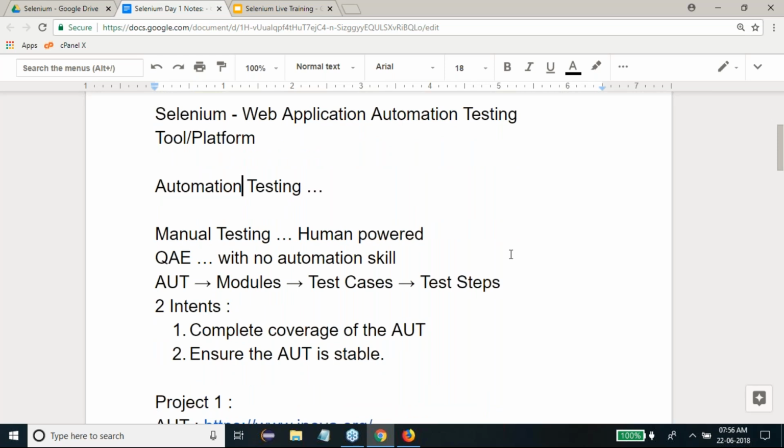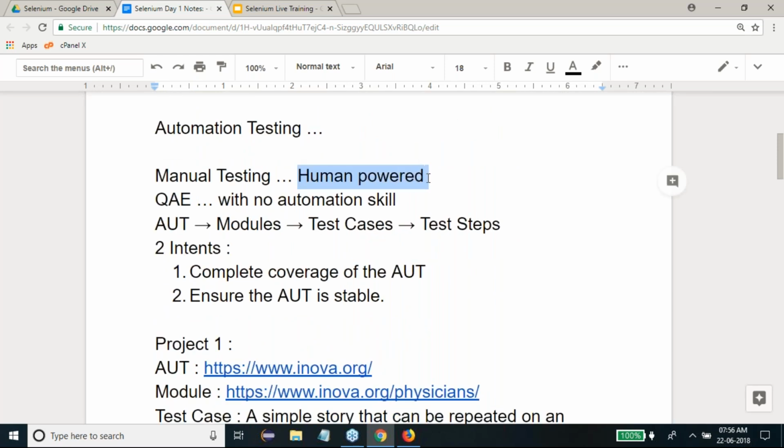Then we spoke about manual testing in general, which is very human powered. And a QA engineer with no automation skill is going to put